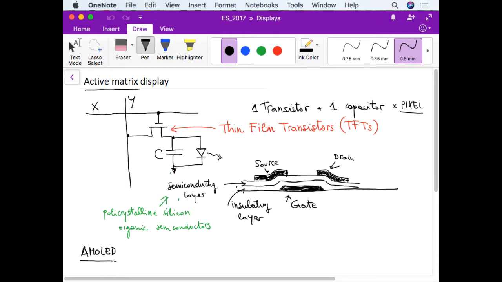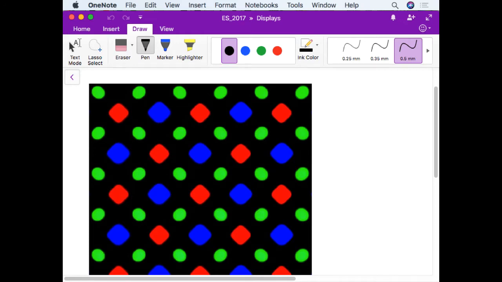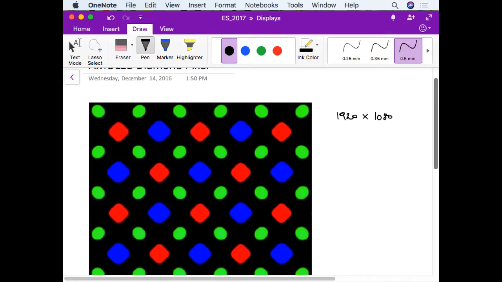Okay, so it's important for me to give you an idea of the complexity of the display, because of course you can think, if you have a full HD screen, you have 1920 columns and 1080 rows, so about 2 million pixels. And then of course it's a color screen, which means you need green, red, and blue. So typically the situation is like this. This is an image of